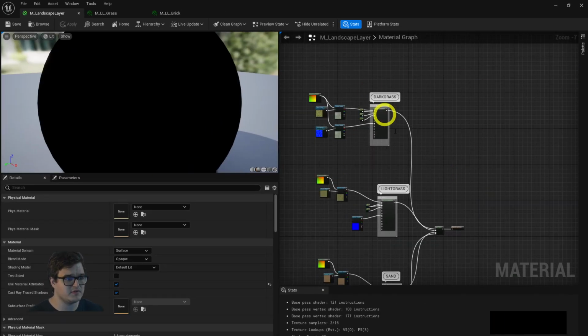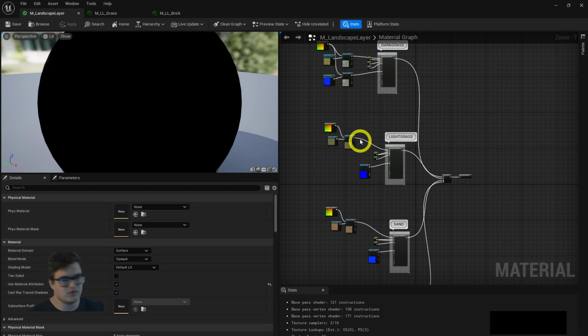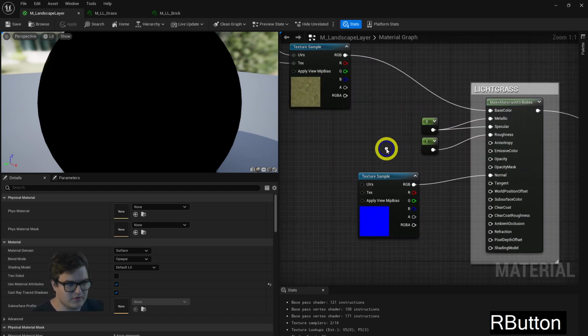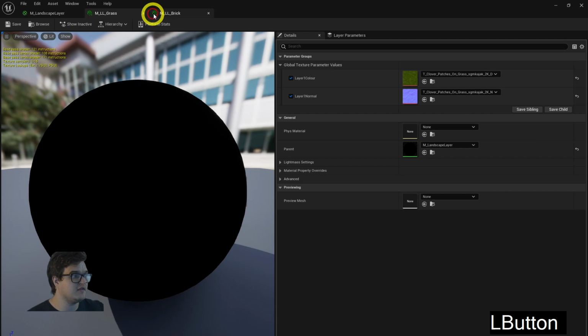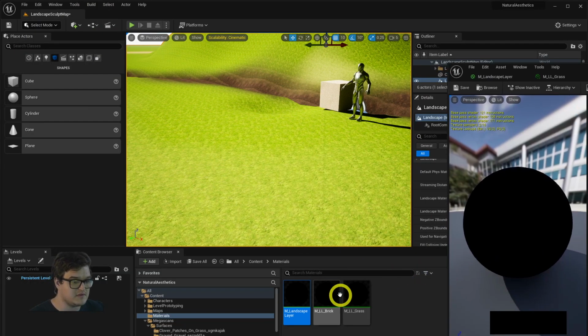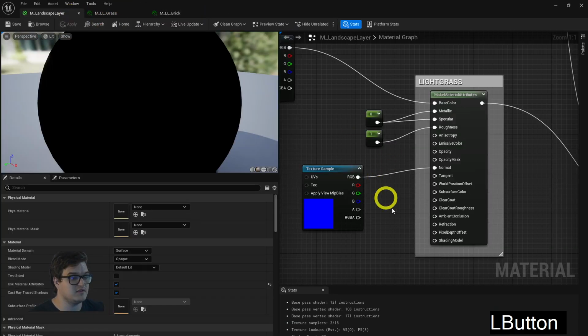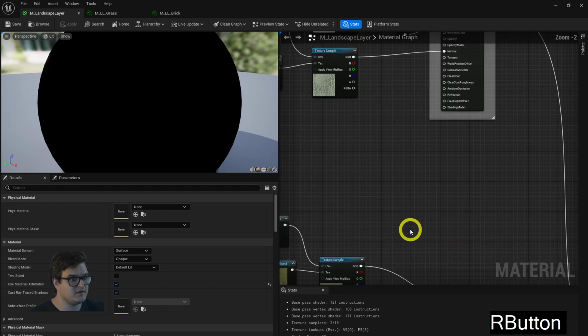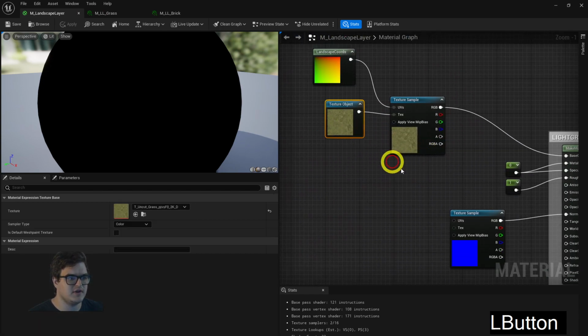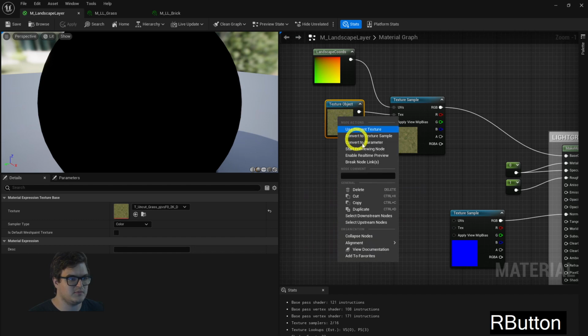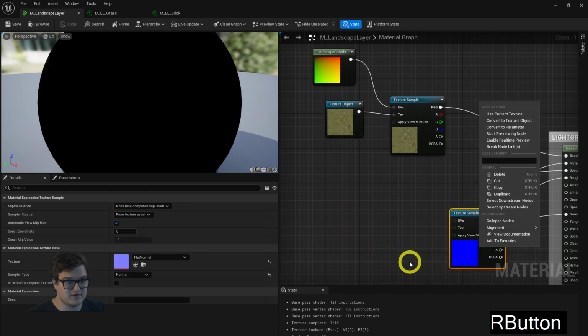So they're all built off this main graph. All of the blending is sorted out, all of the normals, all the roughness, all of that. The only thing I need to worry about in these two instances is what the texture is. And if you did that same texture parameterizing, if you went back into the main material and created parameters from all of these texture objects,